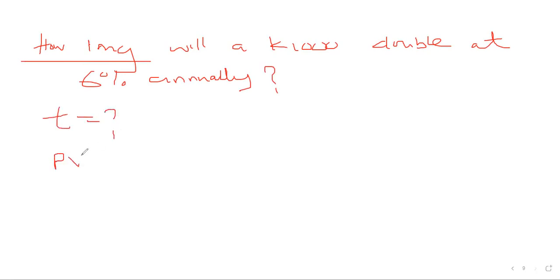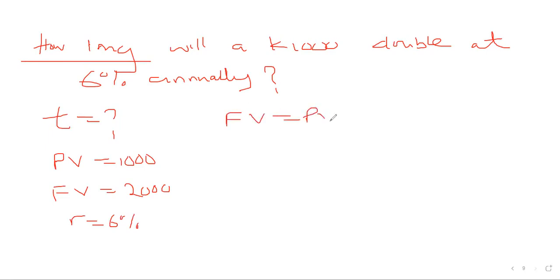The present value that we have now is 1,000 kwacha. The future value is 2,000 kwacha, because to double is to multiply by 2. They're saying, how long will it take to triple? The future value is 3,000 kwacha. And the interest rate is what? 6%. So using the annual formula, the future value is equal to the present value times 1 plus R, to the power